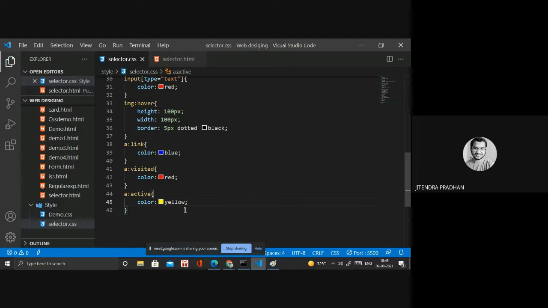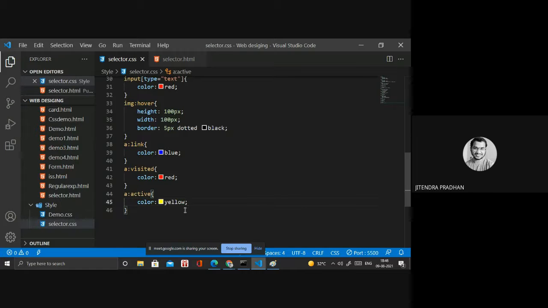But on websites, they are not affecting many properties, they only apply some color. Like if the client visited a particular link, it will show in a different color. When the client has not visited, and when the client clicks that button, it will be active. Okay, these are the link, visited, and active dynamic selectors.